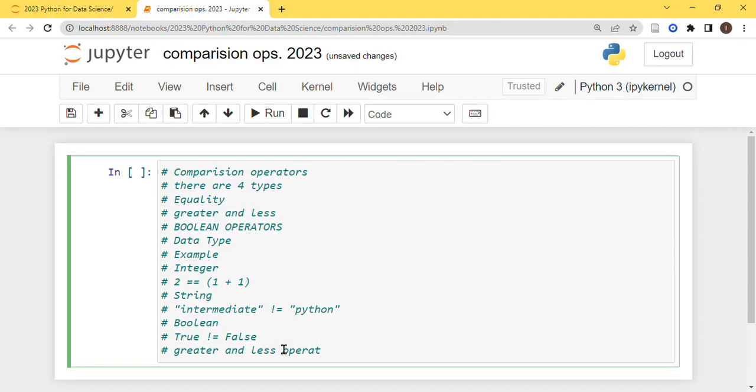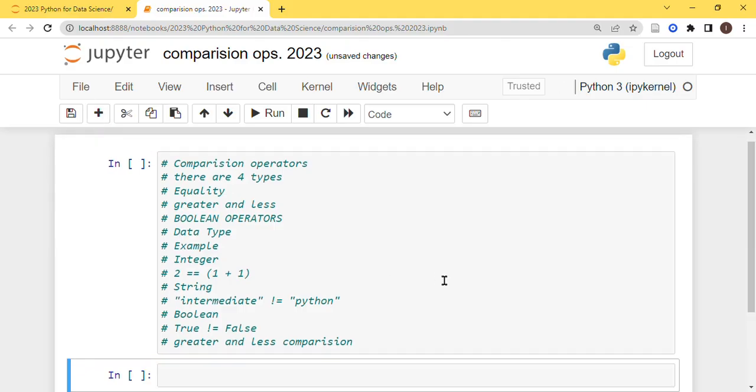Comparisons can be done on any of these. So now let's take all of them one by one and try to understand how it looks and how we can compare the Boolean operator, how we can use the comparison operators in order to do something